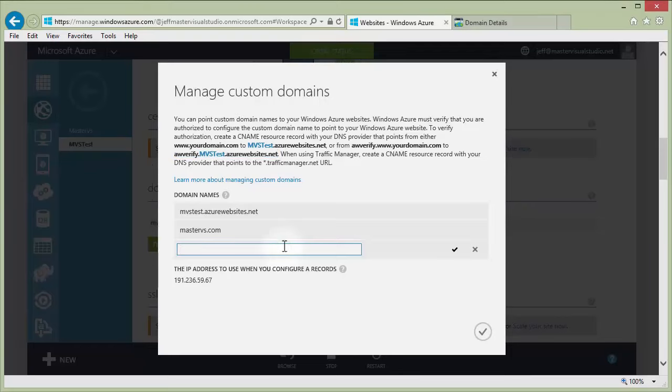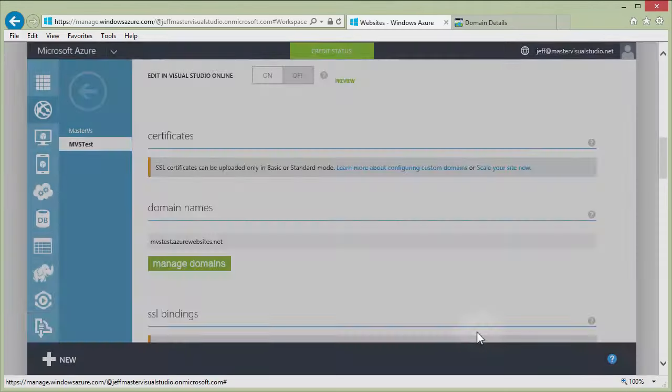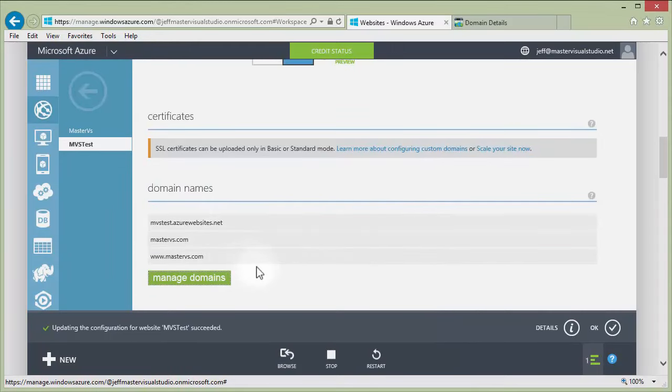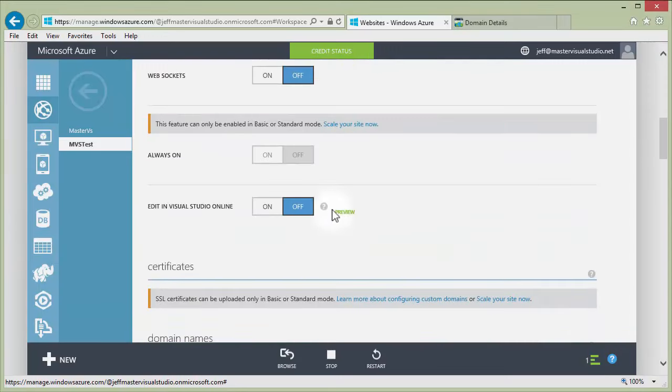All right, so now let's try that one, www.mastervs.com. Click OK. This should update in just a minute. And now we've got these three domains that we can access the same site through. So let's go back over to